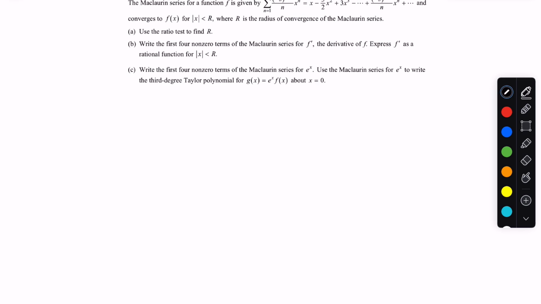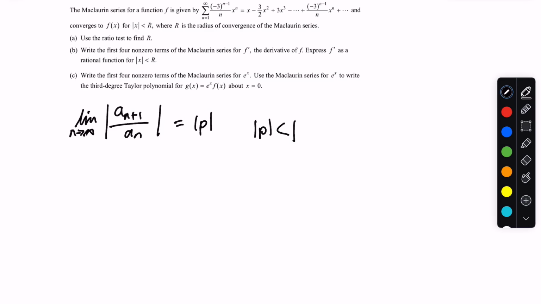For a, we're going to use the ratio test to find r. The ratio test is limit of n approaches infinity, absolute value of a sub n plus 1 over a sub n. That equals absolute value of p. For the series to converge, absolute value of p should be smaller than 1. So from here, all we need to do is just plug the series into the ratio test. That gives us